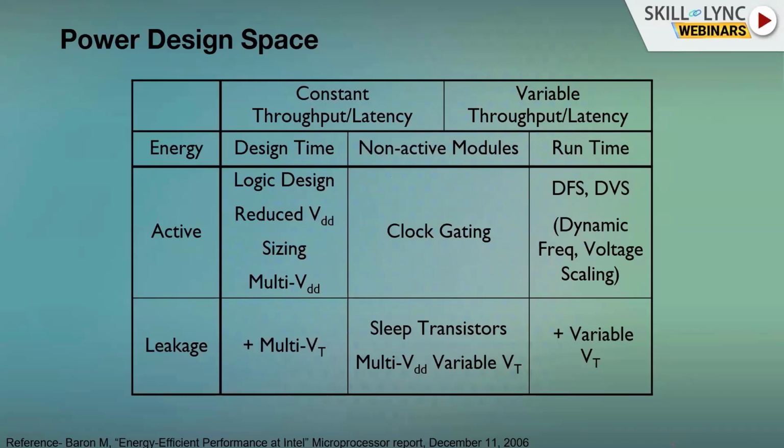Then another one in terms of runtime is using a variable VT. Whenever you have different VT flavors, automatically it will reduce your leakage. This is not yet widely used in industry, but slowly they are converging on this area also. So if you understand our design techniques for reducing our active power, means the dynamic power as well as the leakage power, then we'll go to the next slide, where